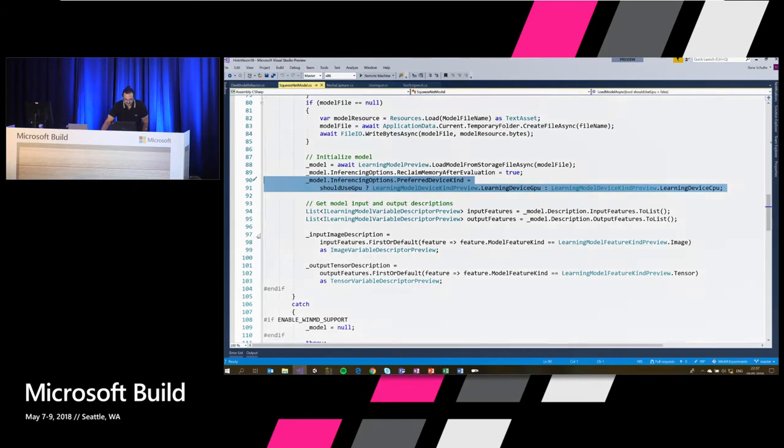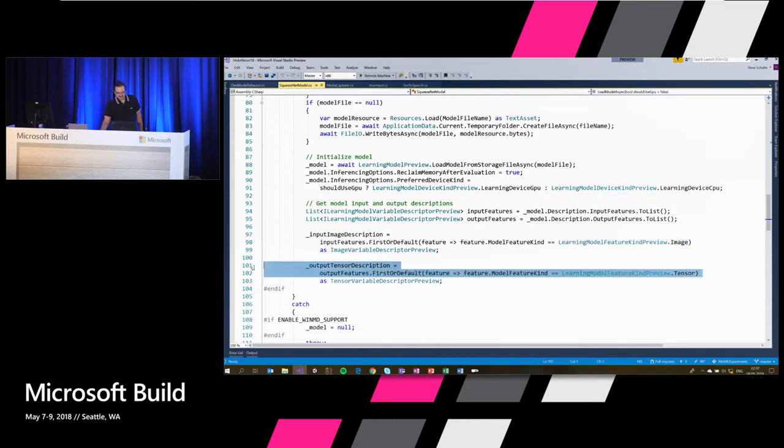After that, we get some more descriptions like the input image description. And here's another awesome piece I want to highlight: WinML already provides you the features to actually handle images. So you don't have to worry about transforming your pixels into floating point values, which you need to input into your neural network. It will already take care of that because it understands images, basically. And then we also get our output tensor description. So tensor is basically a fancy name for vector. So output vector of the values, which is 1,000 elements.